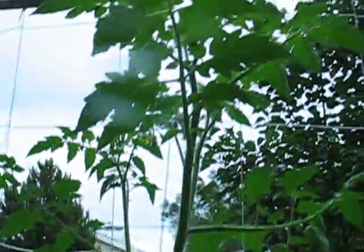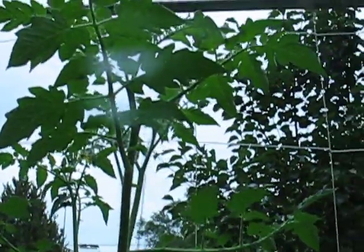But anyway, these are my other tomato plants, and as you can see, they're getting huge. This one has finally started to grow a little bit and produce some tomatoes, and this one has really grown and is producing way more tomatoes now than earlier when it wasn't, and I think that just has to be attributed to the fact that it warmed up for a few weeks. I mean, it got hot, like in the 90s, which I know isn't as hot as the East Coast,